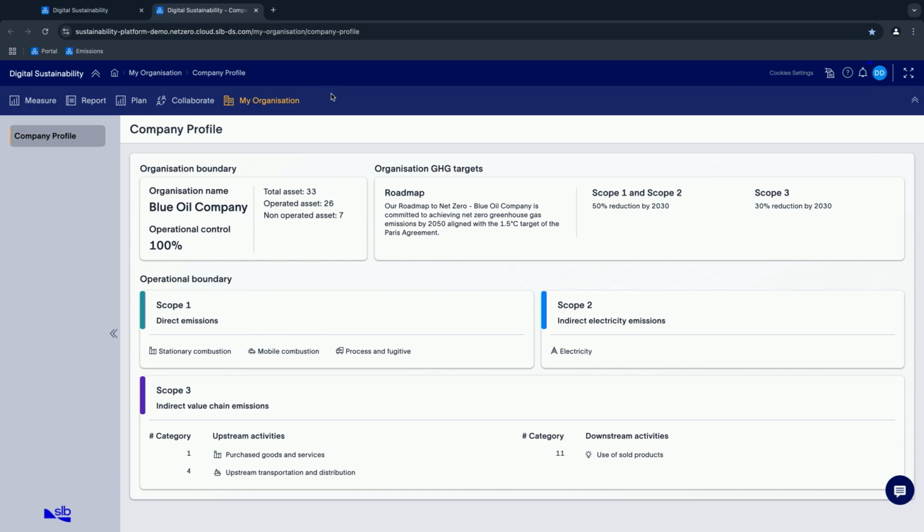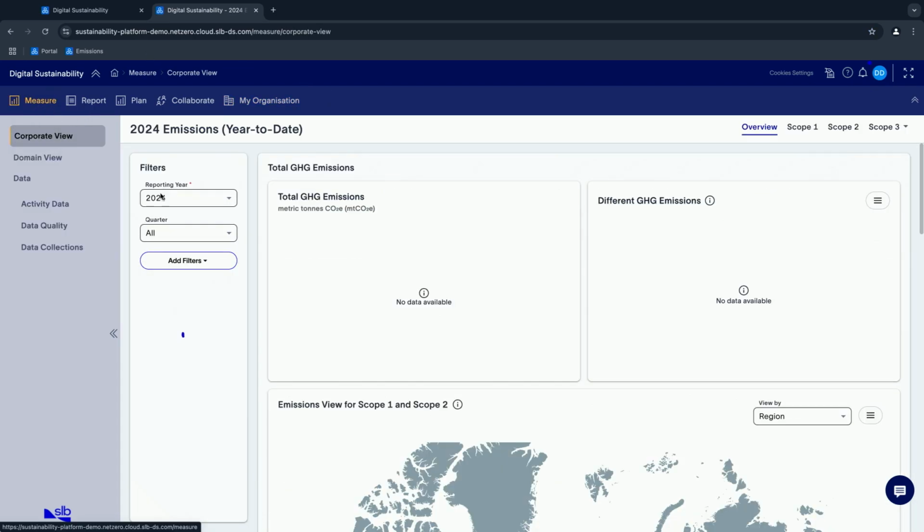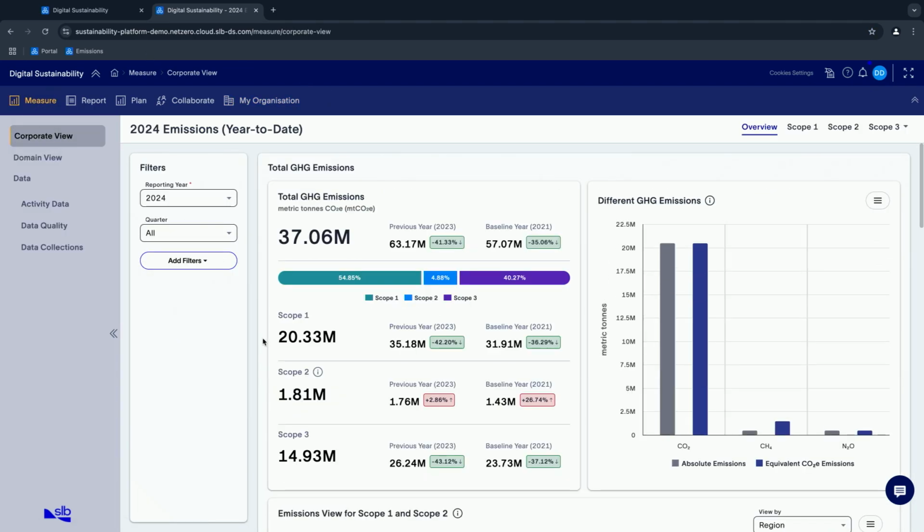So what you see here is a high-level view of this organization, which is a fictional organization created for demo purposes. All this data is notional data. So we see the operating structure of the organization in the context of emission reporting. What are their targets? And if we jump to the dashboard for the emissions management, here at a very high level, we see the overall roll-up of the emissions of the organization that has been broken down into various scope